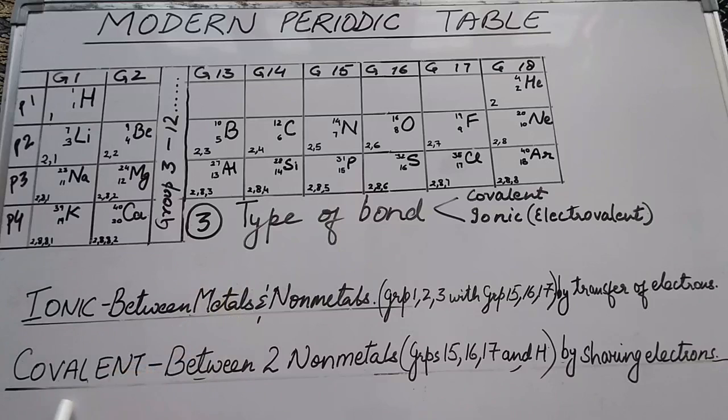On the other hand, the covalent bond is formed between two non-metals. No role of metal over here because this is formed by the sharing of electrons. The metals are not there, so nobody is there to lose electrons. Non-metals only, so they share the electrons, and non-metals we know are found in group numbers 15, 16, 17. And they also combine with hydrogen, that is in group number 1. So if these elements belonging to these groups combine together, they are going to share their electrons and thus they are going to form covalent bonds.